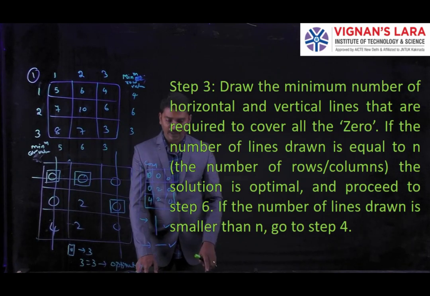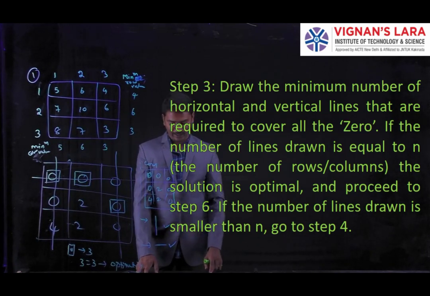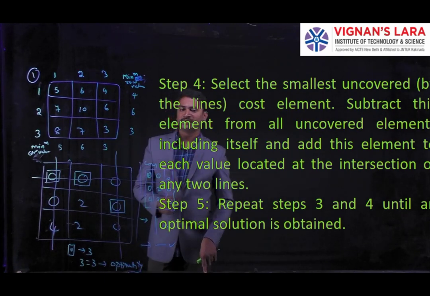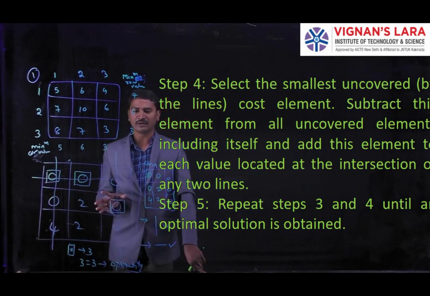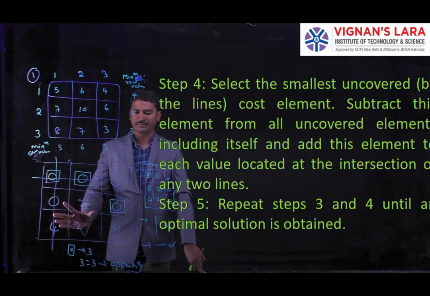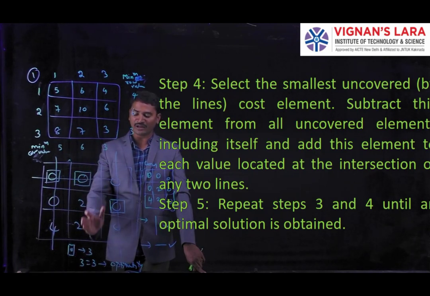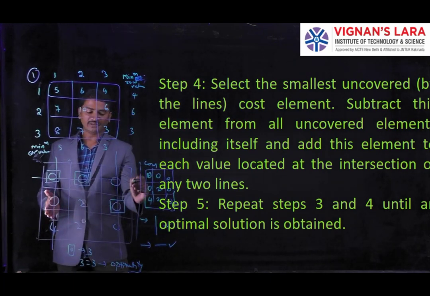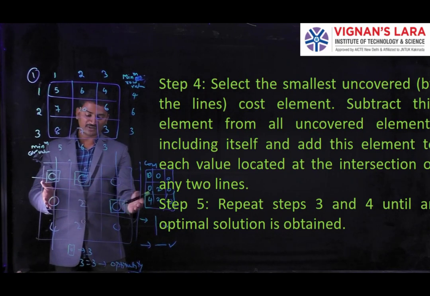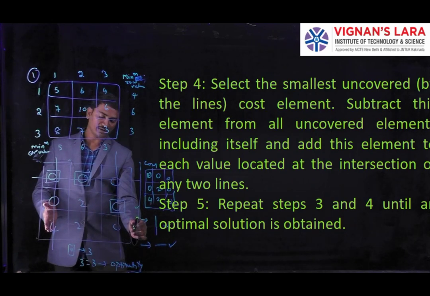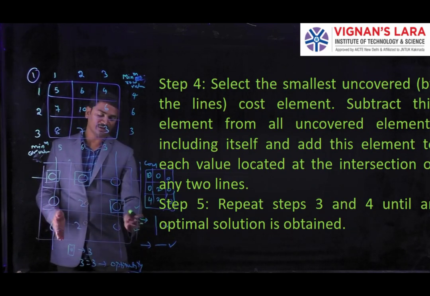If we have any degeneracy, we are going to resolve it. How we resolve that degeneracy: again we take the step 3 table, then we take the unallocated rows, it means the undrawn line rows or columns. Here the first row is deleted, it means a mark is already there. Next, in the second row there is no mark, so we can tick it. Then the third row we don't have any mark or line, so we simply put a tick.